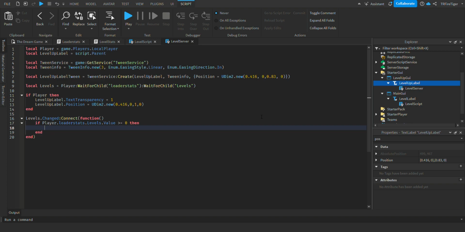Then what we'll do is we'll do our level up tween. Oh, hold on. We won't do that yet. We won't make a play yet. What we want to do is make this to where once it triggers, we'll go ahead and do level up label dot text equals, and we're gonna change the text to level,